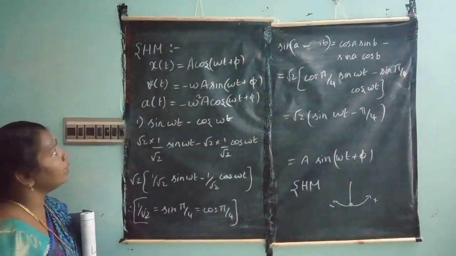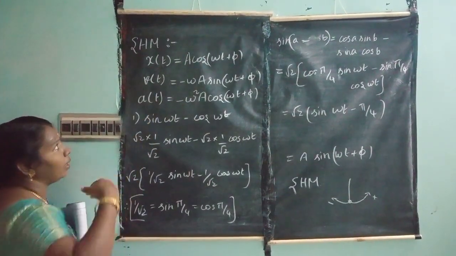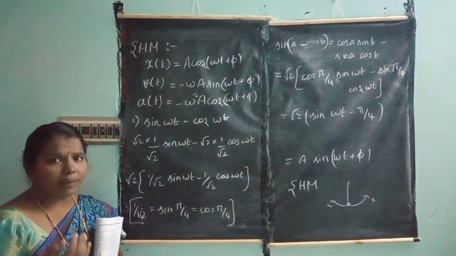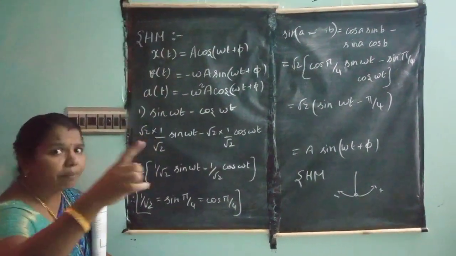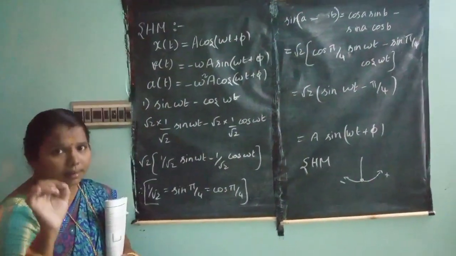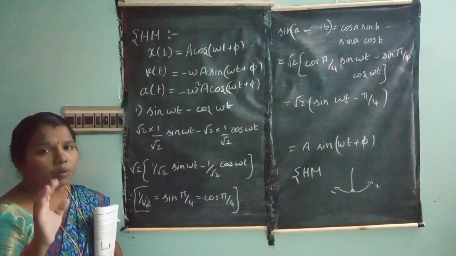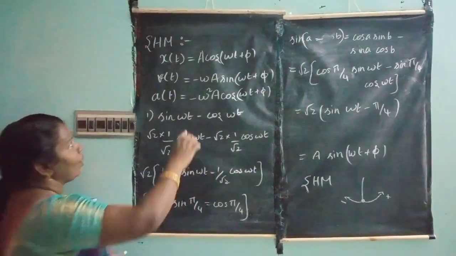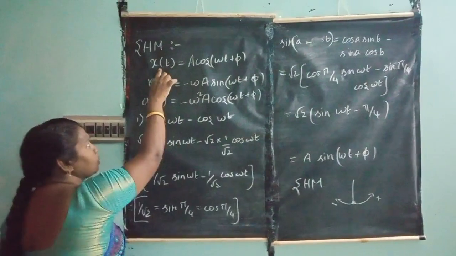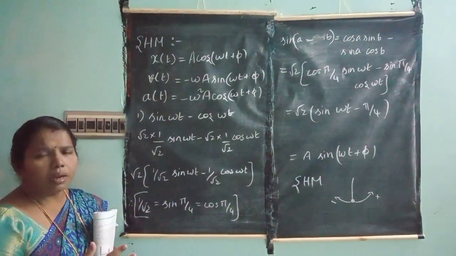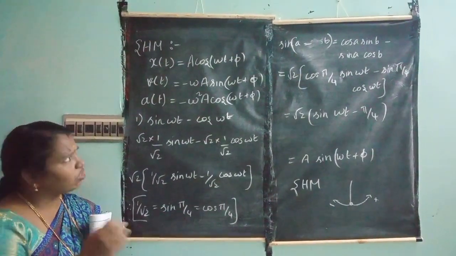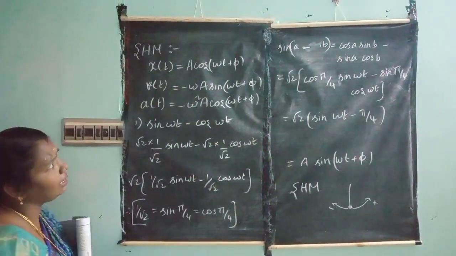Is it okay? Therefore, from that I have derived the velocity. What is called velocity? Distance divided by time taken. So when I differentiate the displacement, we get the velocity. You don't need to go for the geometrical approach. Just in a mathematical way also you can easily derive it.